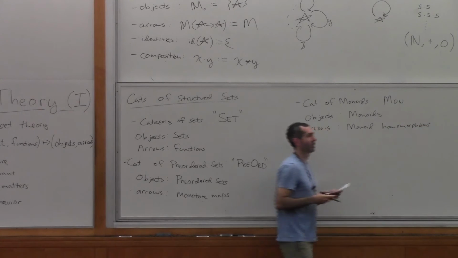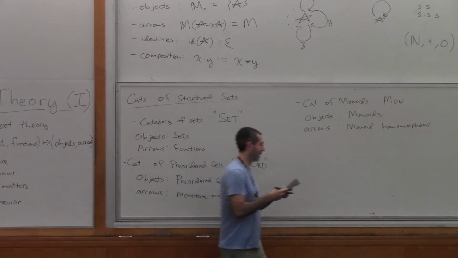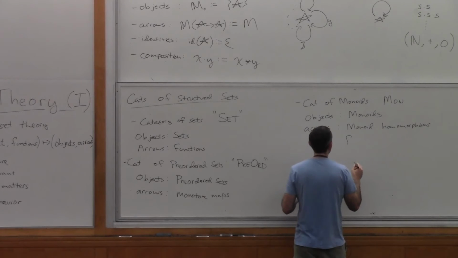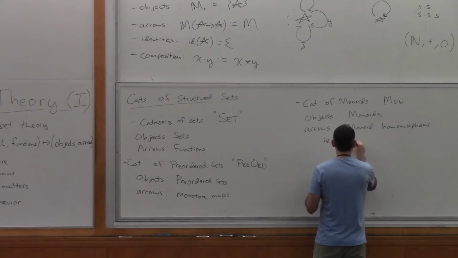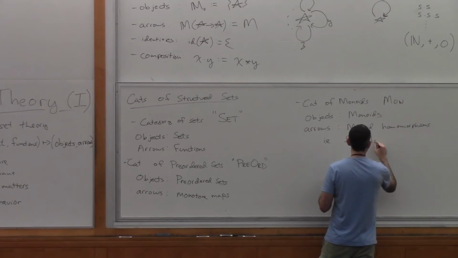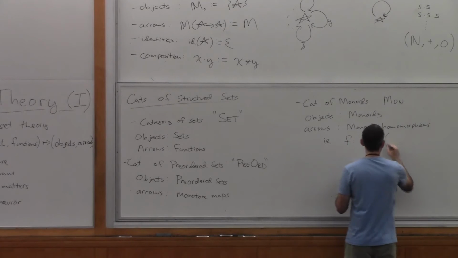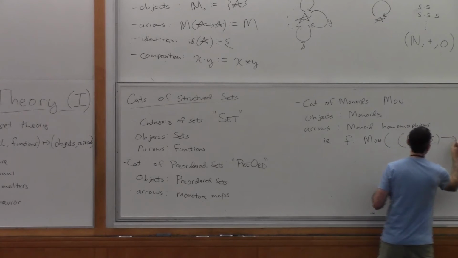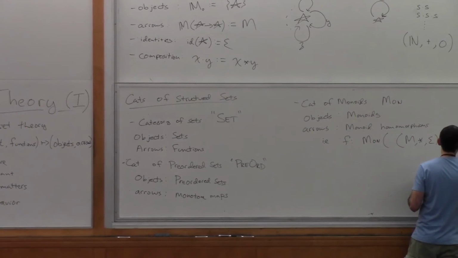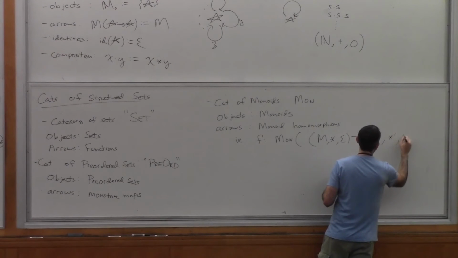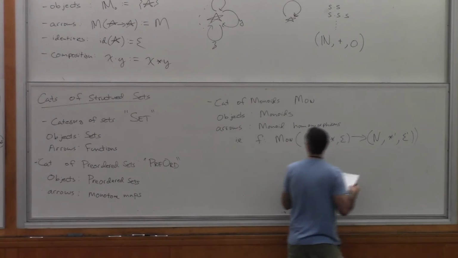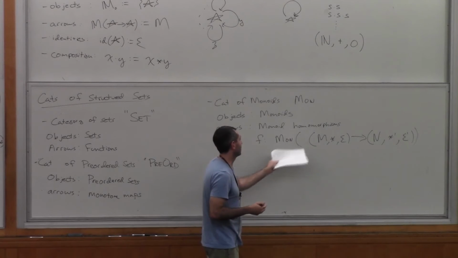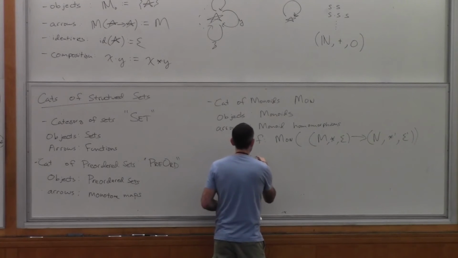And what those are is structure-preserving maps of monoids. So in particular, a monoid morphism f from the monoid M, star, epsilon, to the monoid, say, N, star prime, epsilon prime. Right, so I'm defining what this morphism in this category is. It's just